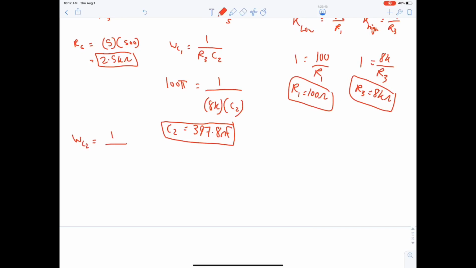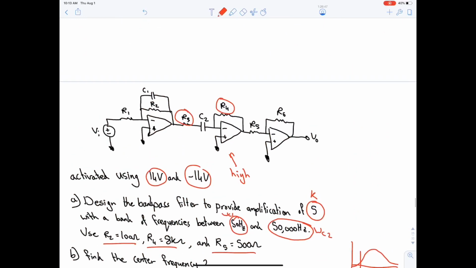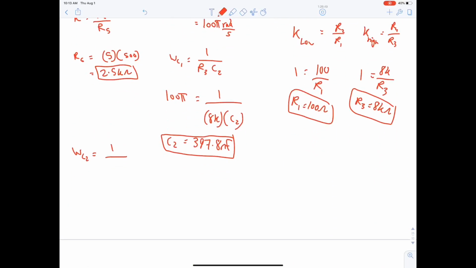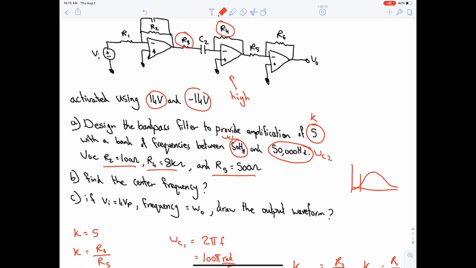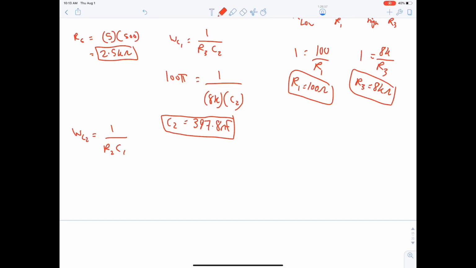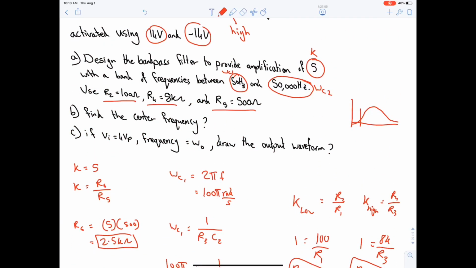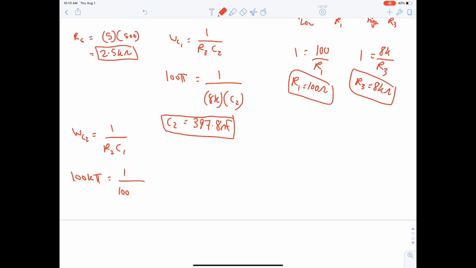which is 1 over RC, R2 C1. Omega C2 is 50K, so it will become 100K pi, and R2 is 100. R2 is 100, yes. C1 is unknown, so C1 is equal to